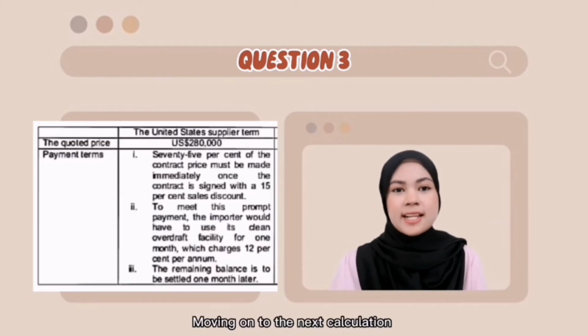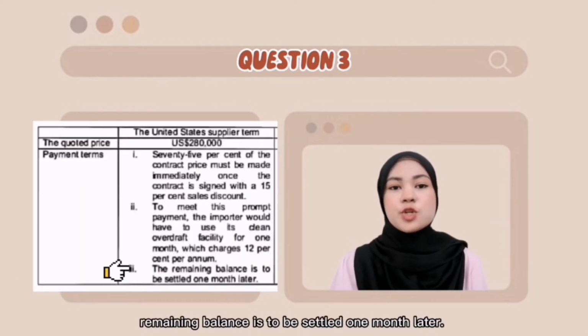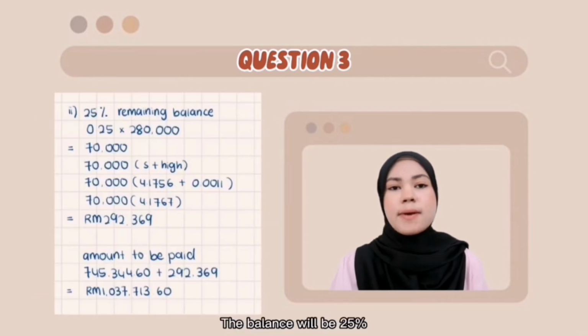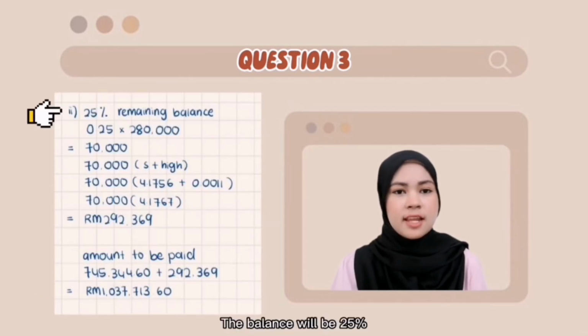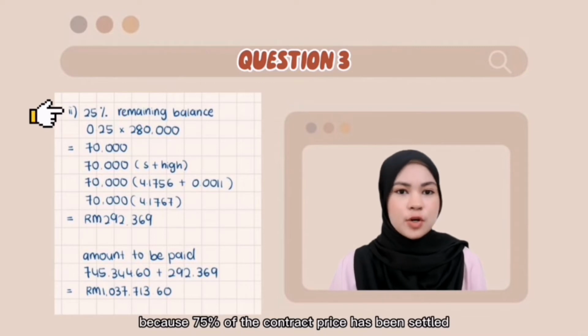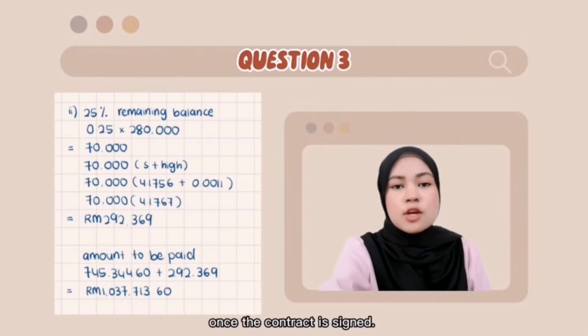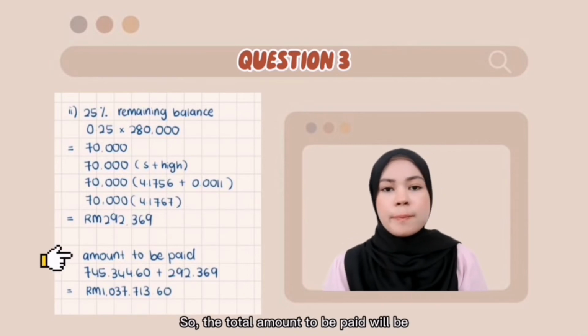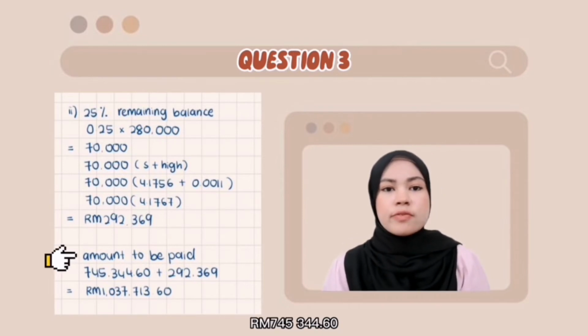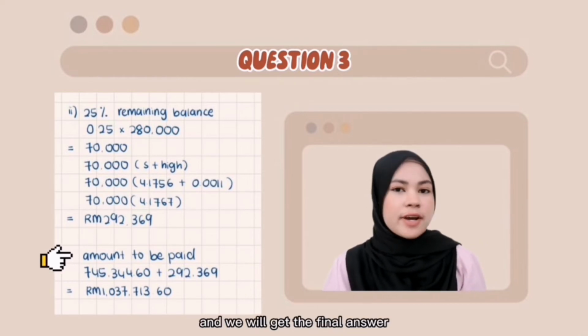Moving on to the next calculation, the remaining balance is to be settled 1 month later. The balance will be 25% because 75% of the contract price has been settled immediately once the contract is signed. So, the total amount to be paid will be RM745,344.60 minus RM292,369, and we will get the final answer